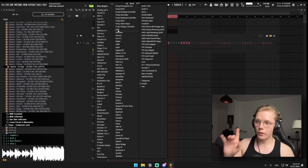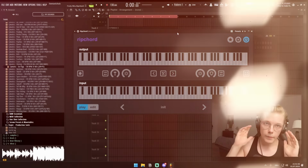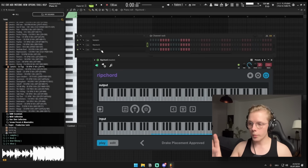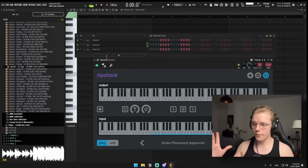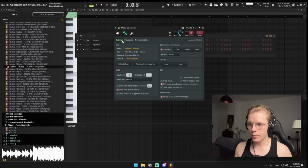So we're gonna start with Ripchord. If you have no idea about chords and stuff and you want to make crazy chord progressions, then Ripchord is the perfect plugin for you. This is how it works. You open the piano or any other generator, you go into Ripchord, go to the wrench tool, put the output to 0. In the piano, you go input to 0,